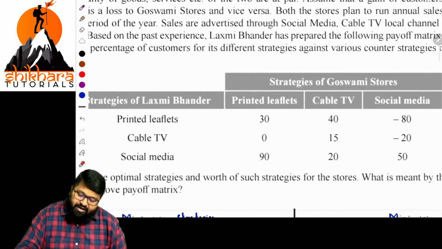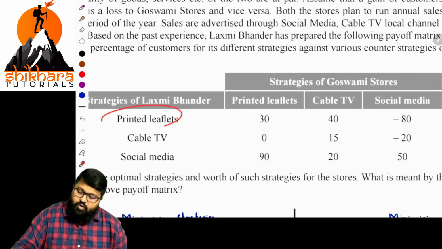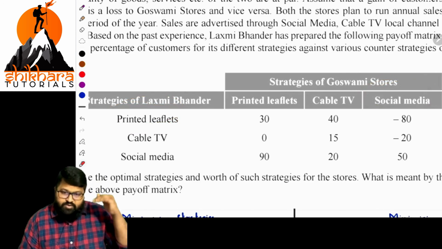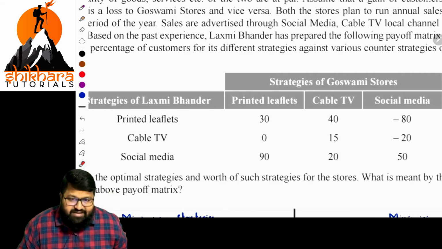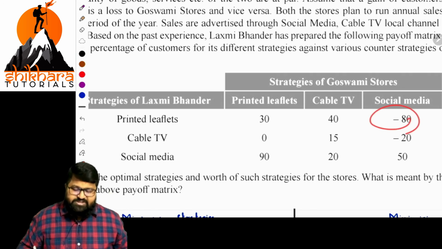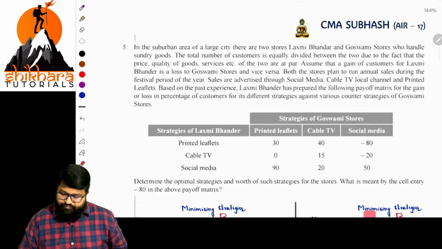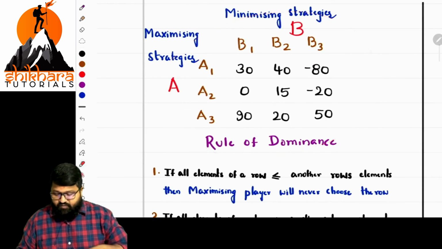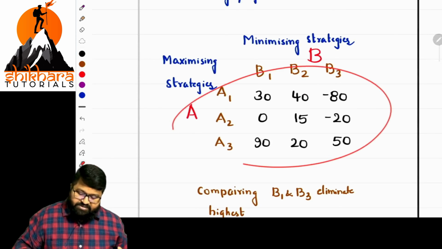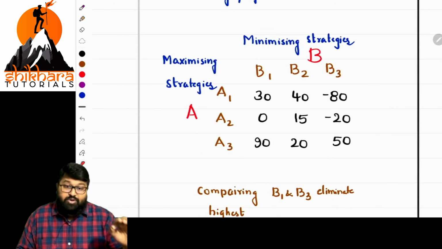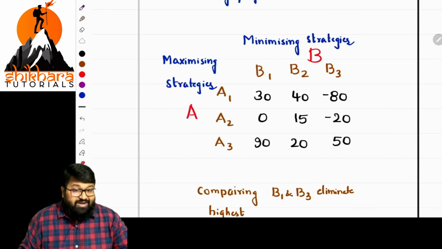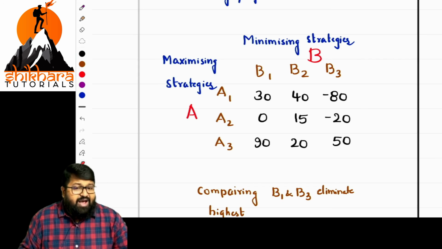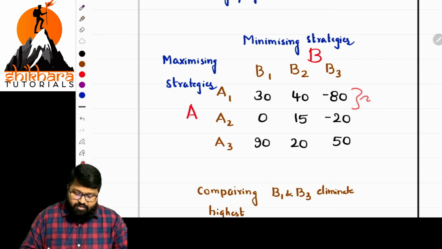Sir, when we are going with the marketing strategy of printed leaflets and they are going to social media, we are having a loss. It represents loss basically. So what does this represent? It is representing nothing but a loss there. Okay, this is common. So we represent the matrix, and after that we have the rule. Now the most important aspect is that we have to bring it down to 2 by 2. Either we have to eliminate a column and a row. Here it is 3 by 3 now, both should be eliminated.